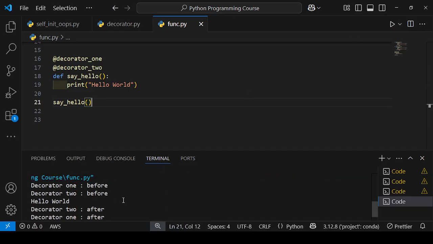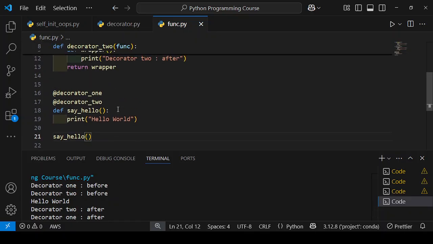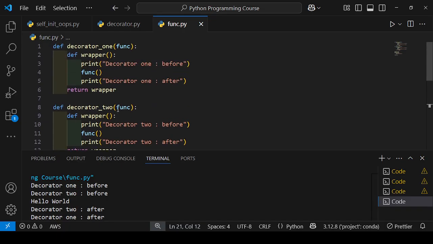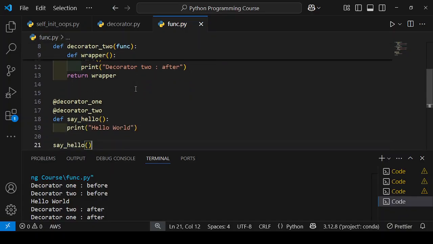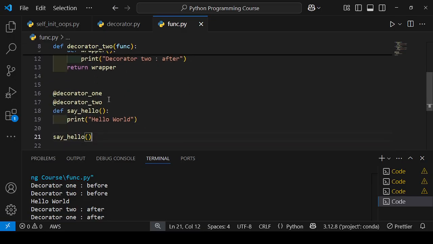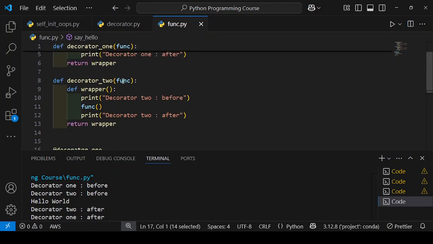So let's see. So what happened here? First, we have decorator one. So what happened here? I pass first this decorator to take say hello as an argument, then pass to